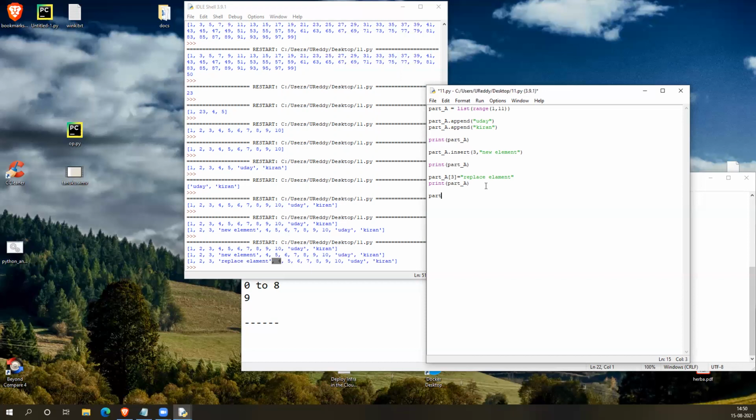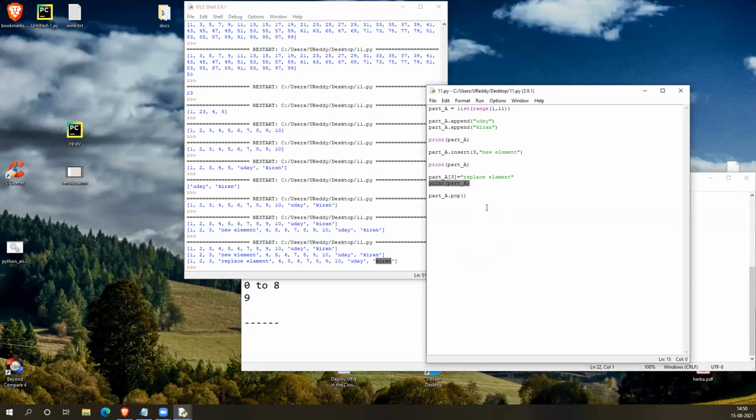You access the object with the dot operator, and it will list down all the properties, both methods and individual variables. Here there is pop. Once you run pop, whichever is the last element will be removed. Understood?